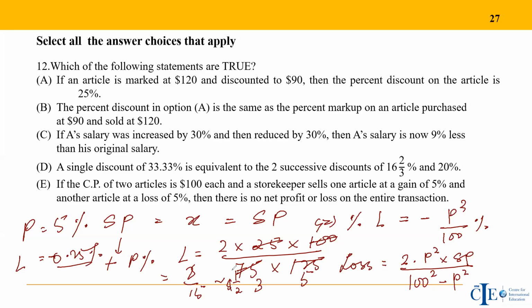So approximately half a dollar, rounded to that. This will give you the value of the loss exactly, and the other formula will give you the percentage loss. In this case, again, you can avoid taking the numbers as 100 and finding the cost price in the first case and the cost price in the second case, and then seeing the overall total sum of the cost price compared with the given selling price. You can directly use these formulas. They are just derived by taking that into account, and hence you can directly find out the values of the percentage and the loss.